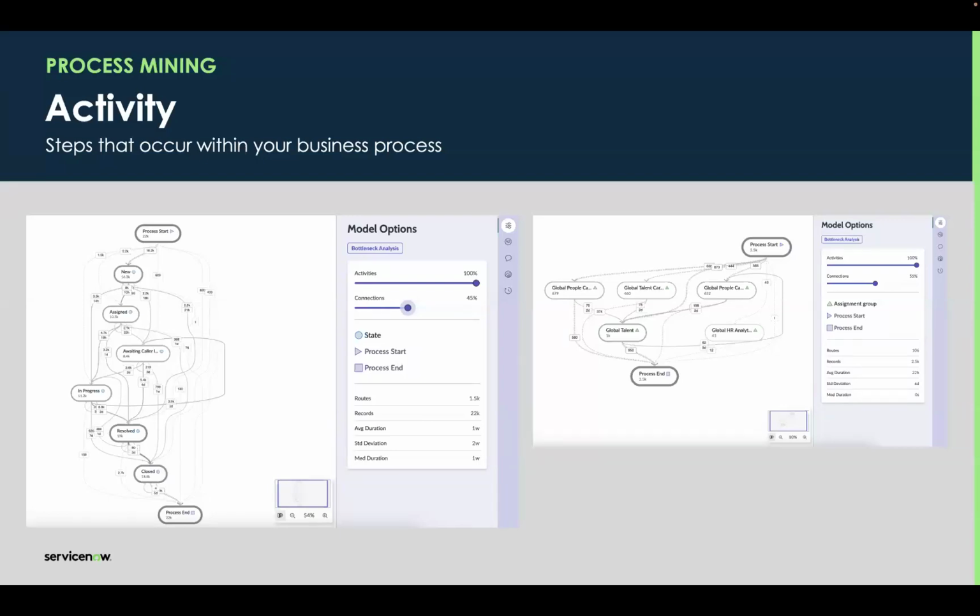For example, perhaps you want to do some on-hold reason analysis. In that situation, you might add state and on-hold reason as your activities. Or maybe you want to look at which teams are putting tickets into the on-hold state most often. For this, you may have an activity of assignment group and on-hold reason. Maybe you're interested in analyzing how frequently the risk value of a change is changing. There you may just use the risk value as an activity on a project that's using the change table as its source. There's just so many options available to you, but knowing what you're trying to analyze and what questions you're trying to ask and answer is very helpful when you start to configure which activities you want to add